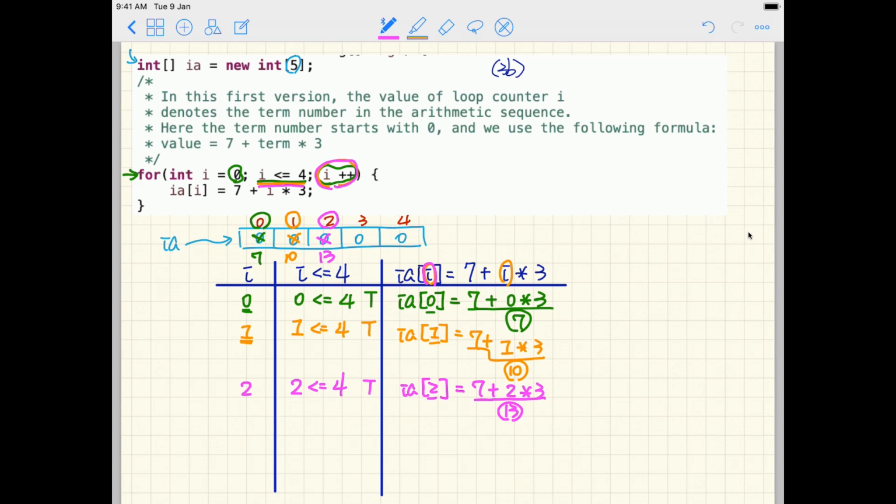Don't forget, you always had to update the loop counter. So now I'm going to increment from 2 to 3. So now it's going to be 3 over here. So now 3 less than or equal to 4 is still true. So what we get is,